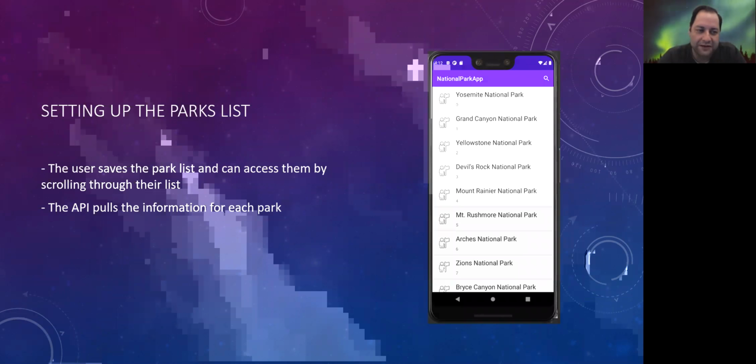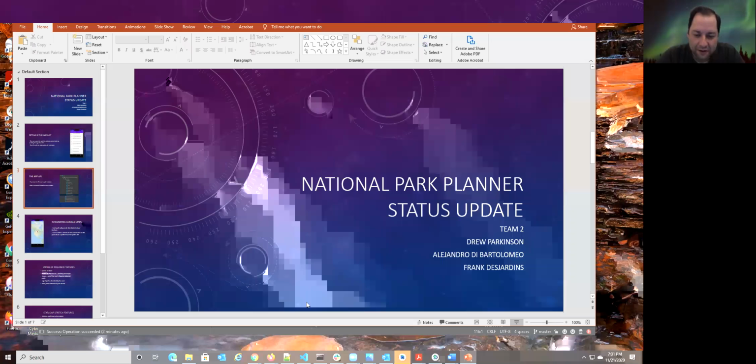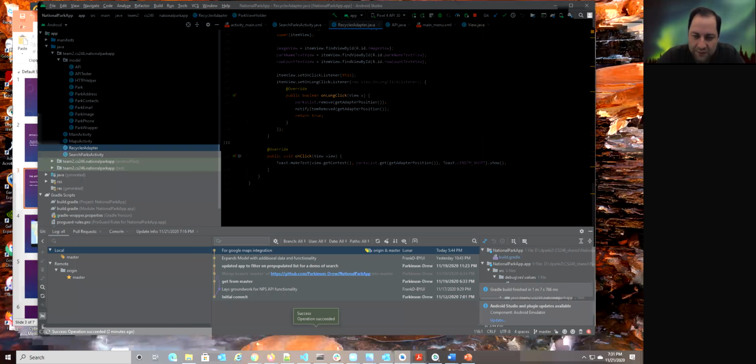So initially, what we've got set up so far is a more or less hard-coded park list, and this allows the user to interact with the park list and scroll through the list. The eventual hope is that we wire this up very shortly to the API that is pulling information for each park. And I was going to go ahead and start a small demo here